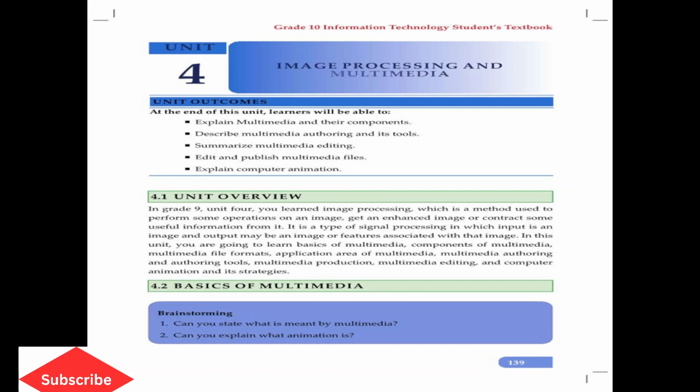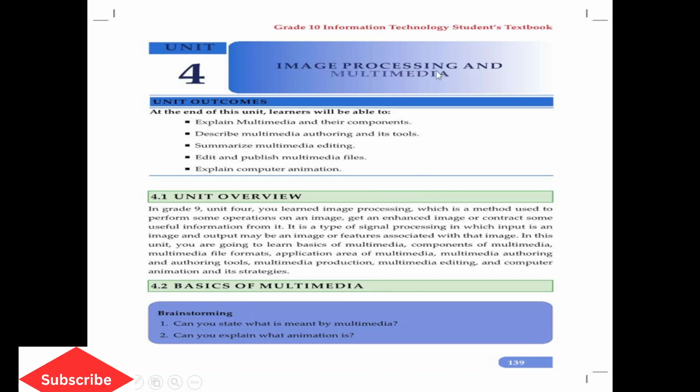Nowadays, every student has a chance to use mobile phones. By using a variety of software, you can use them for image processing, not only for capturing but also for editing.